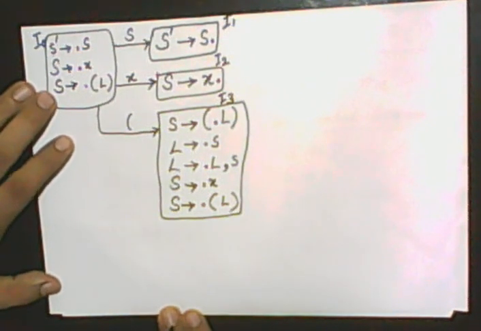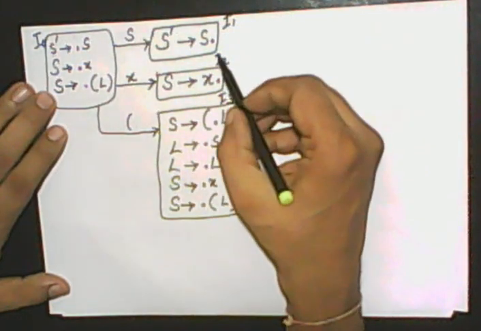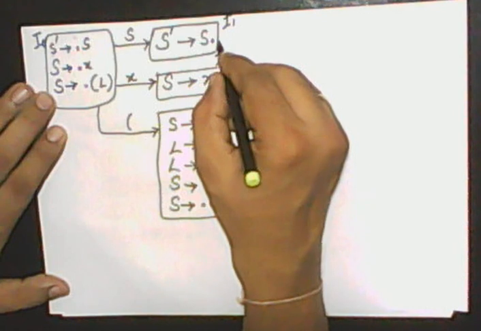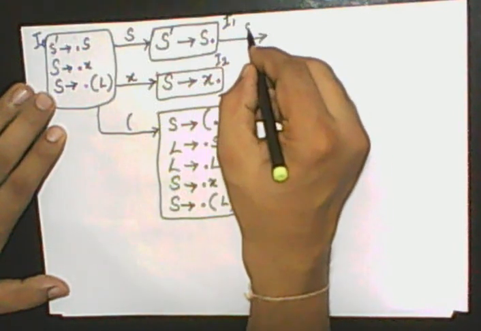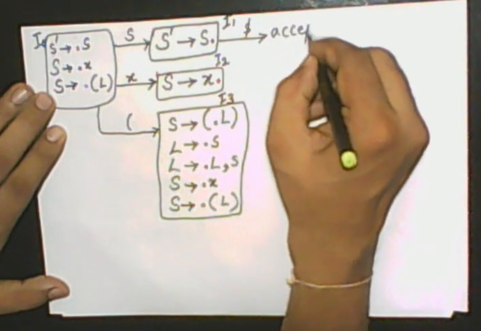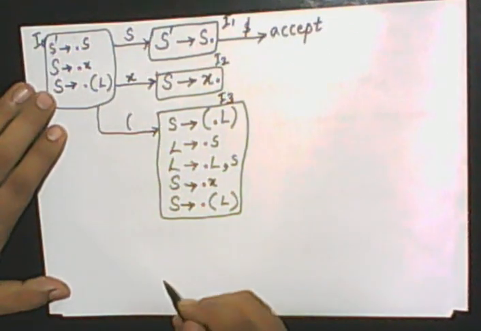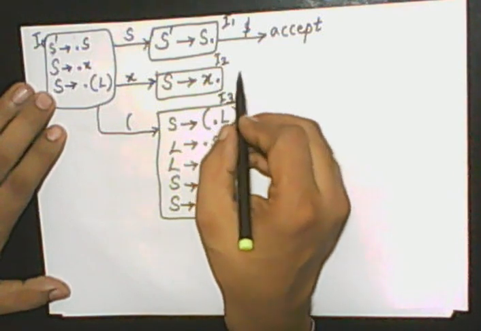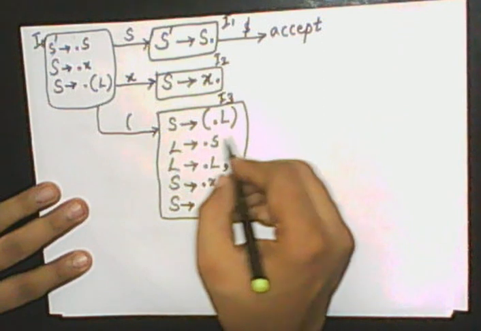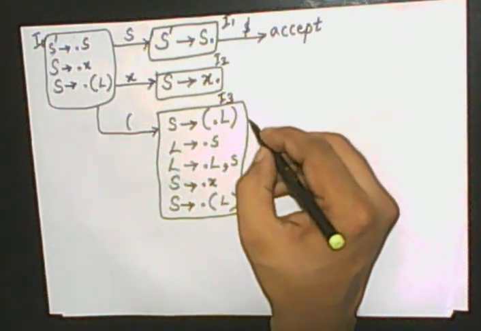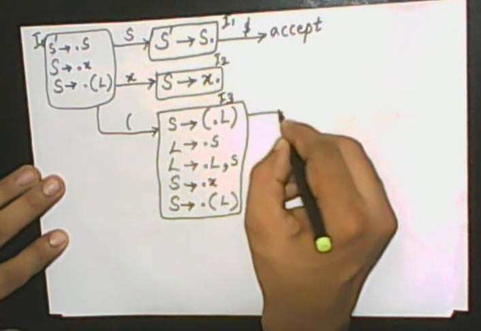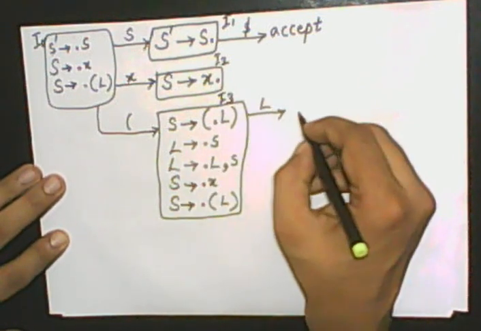Okay, now for this particular state I1, you can have only one transition, that is dollar, and that will be accept. Okay, from I2 you cannot have any more transitions. Here you can have capital L as a transition, and which will take you to